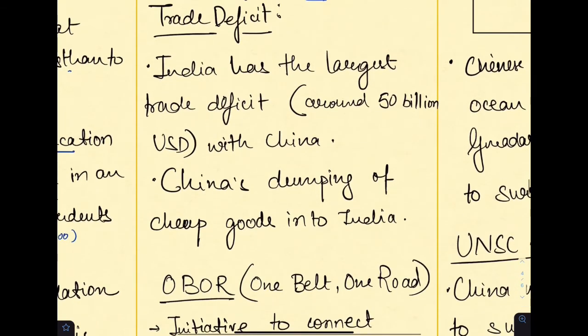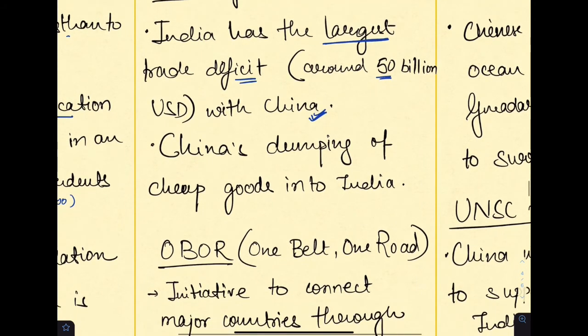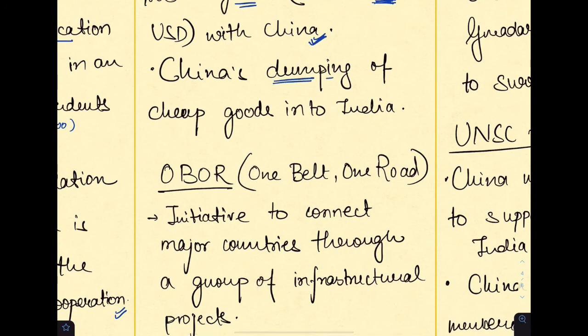The trade deficit part. India has the largest trade deficit, around 50 billion US dollars, with China. Why? Because the Chinese give cheaper products, and they have them in large quantity. So the trade deficit has increased, and this has been the major concern in the relations, that the trade deficit between India and China has increased considerably, $50 billion. Then there is this issue of dumping, in which China, you have seen about the Chinese toys, which were